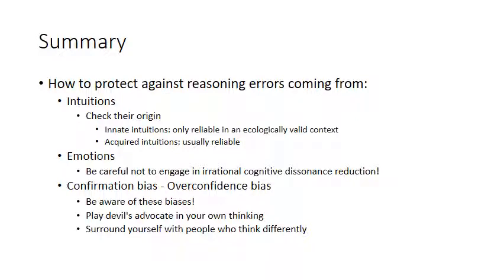And then finally, as I said, we must surround ourselves with people who think differently. We're very good at seeing the faults in the reasoning of other people who argue for things we do not agree with, but we're very bad in general at seeing the faults in our own reasoning, which we, in a way, have to leave up to others, given our bias blind spot. So surround yourselves with people who think differently once in a while. Test your own arguments, test your own information, and listen to these people. You don't have to agree all the way, but they will improve your own arguments. They will improve your own thinking about certain issues.